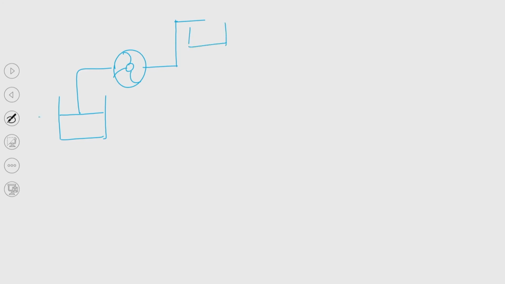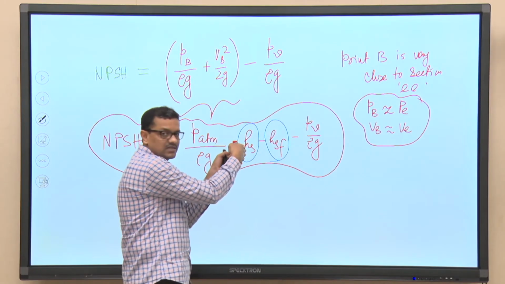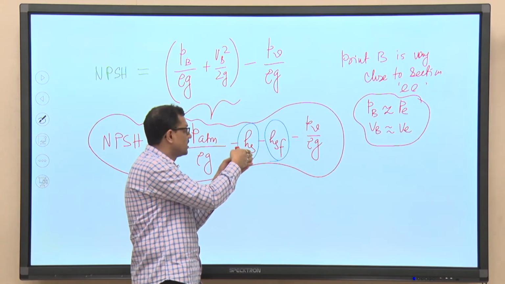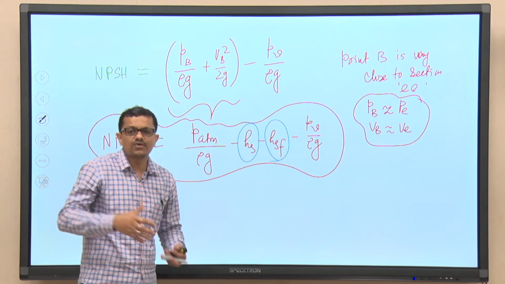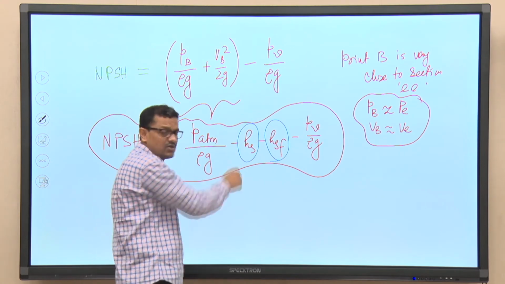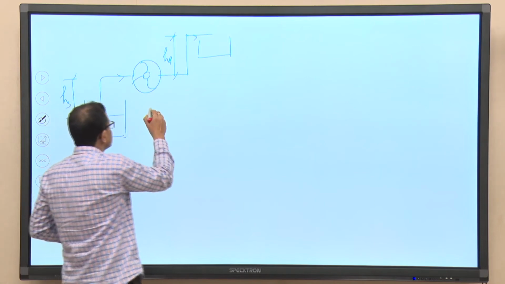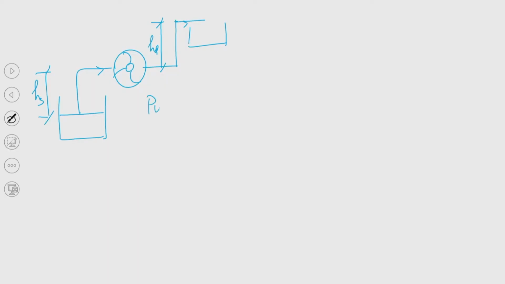So, this type of pump, this is Hs, right, and this is Hd. Okay. So, what you can see is that Hs should be 0. If we try to reduce Hs to 0, then the reduction of head due to this term means that we do not require to overcome the static height at the suction side. If we make this term 0, we do not require to overcome the static height at the pump suction side, right. So, this type of pumping operation is known as pump operation